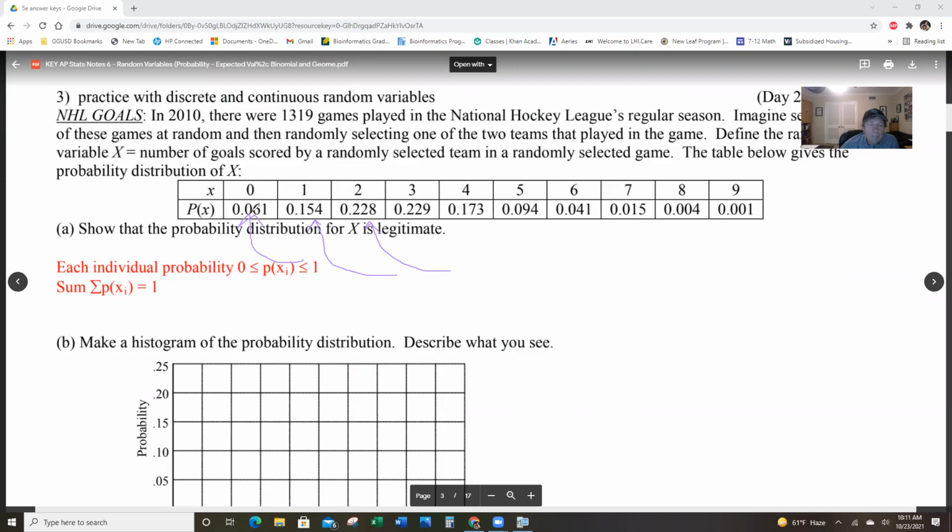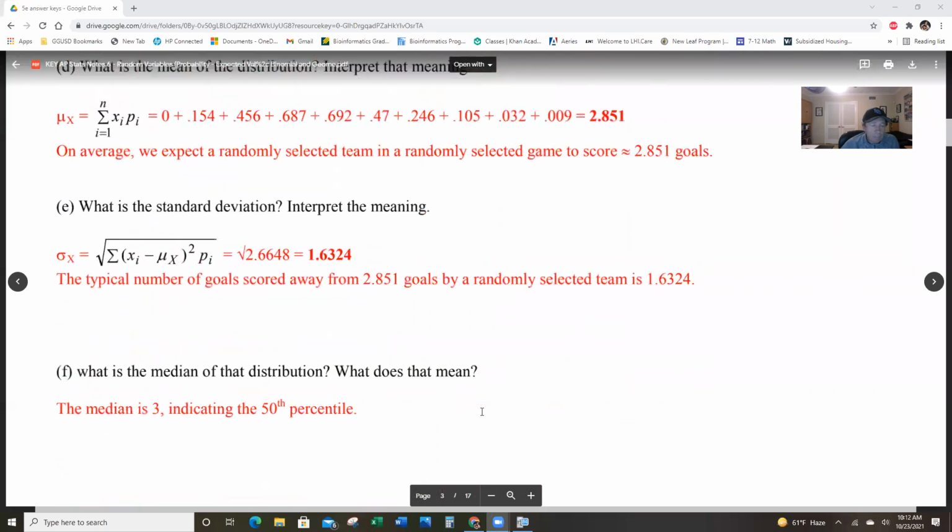So as you add 6% and 15%, the first two, you get about 21%, plus 23%, 21 and 23 is 44%. And finally, on the 3, you cross 50%. So one of the threes is going to be the 50% mark. So that's why the median is 3. Okay. So that's pretty cool. Awesome.